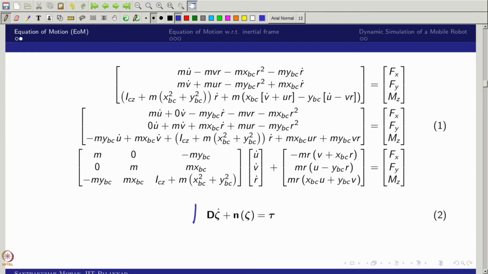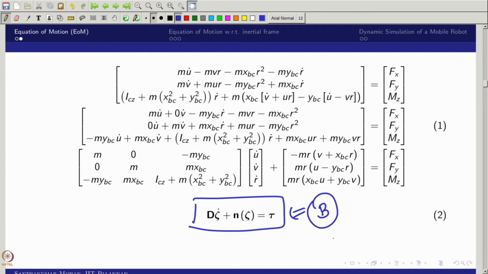So now I am going to write this as the equation of motion in state space form. But as I said, I want everything in an integrable form, which we will see in the dynamic simulation. Right now, you can see this equation is with respect to the body frame. But what I want is everything in the inertial frame, so that I need not treat the body frame as an instant.